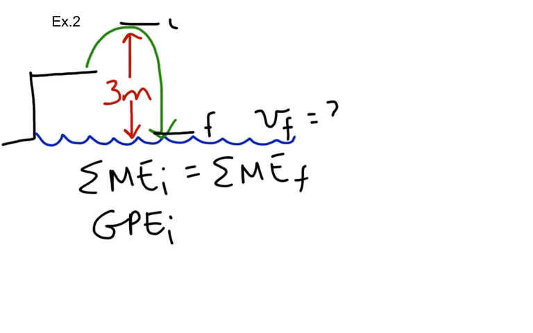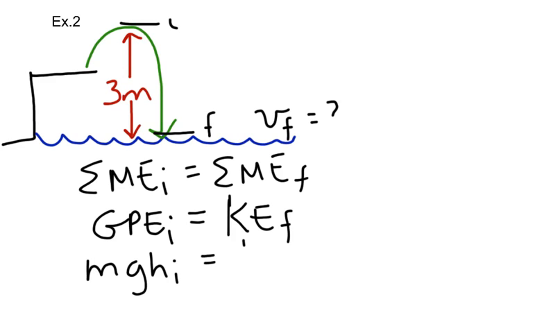So in the initial case, all of the energy is gravitational potential energy. In the final case, if we make the water level the reference level, then all of the energy is kinetic, so kinetic energy final. And writing this out as a formula, this would be mgh sub i is equal to